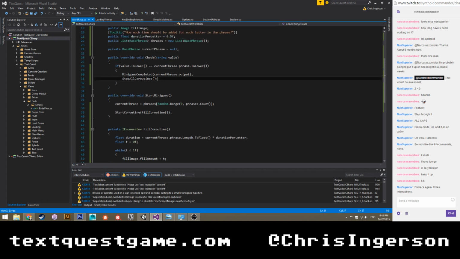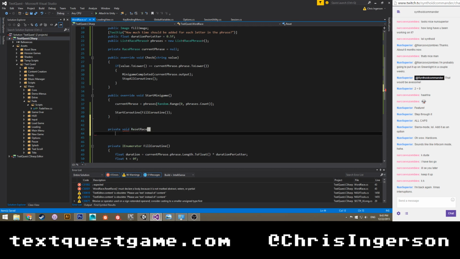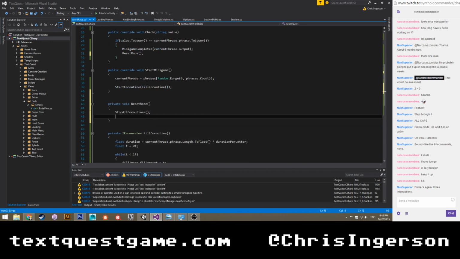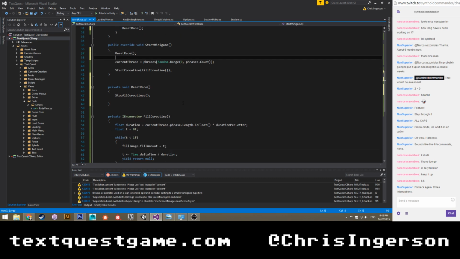Or actually, you know what? Let's do a private void reset race. Stop all coroutines. Let's do reset race. Fill image dot fill amount equals 0f. Okay.